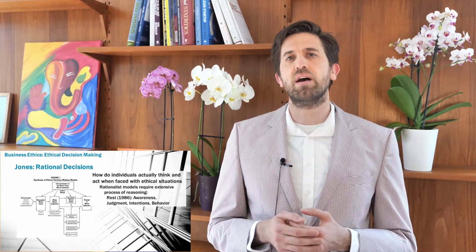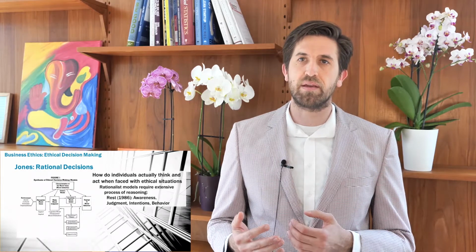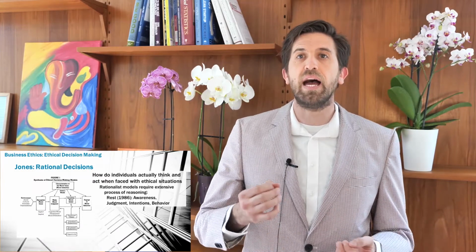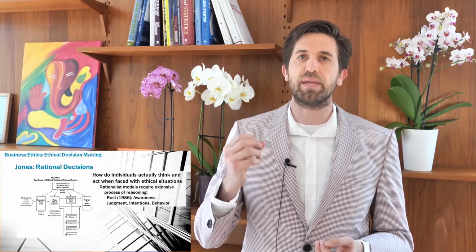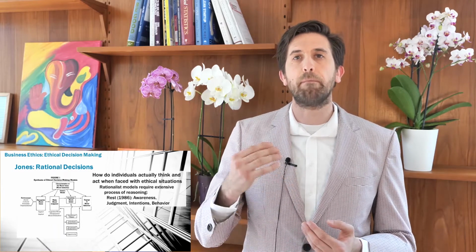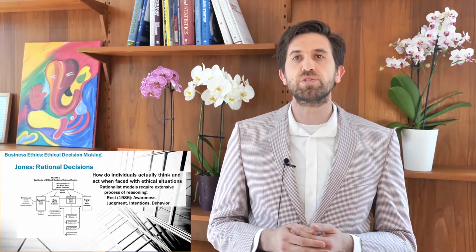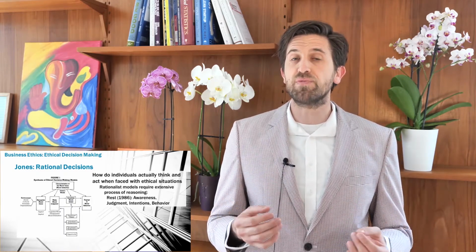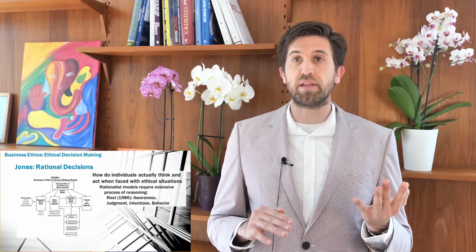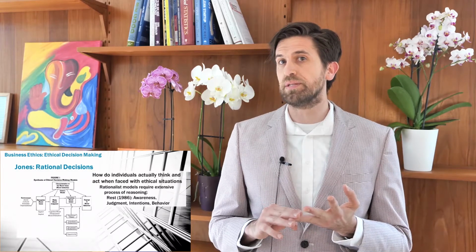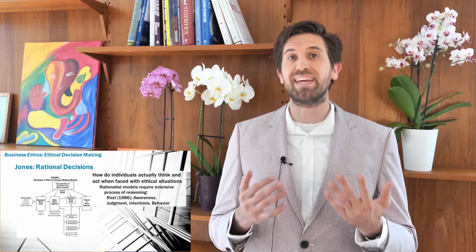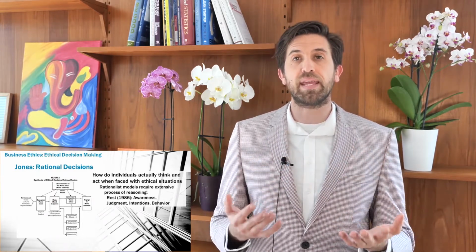In 1991, Jones improved the research field's understanding of individuals' rational decision-making, the process of thinking before acting ethically or unethically. Again, I want to stress that this is a rational decision-making process, meaning you consciously make your decisions. Jones built his model on Rest's 4 stages of ethical decision-making. Those 4 stages are recognizing the ethical issue, which is also called creating moral awareness, creating a moral judgment, forming moral intentions, and finally engaging in moral behavior.